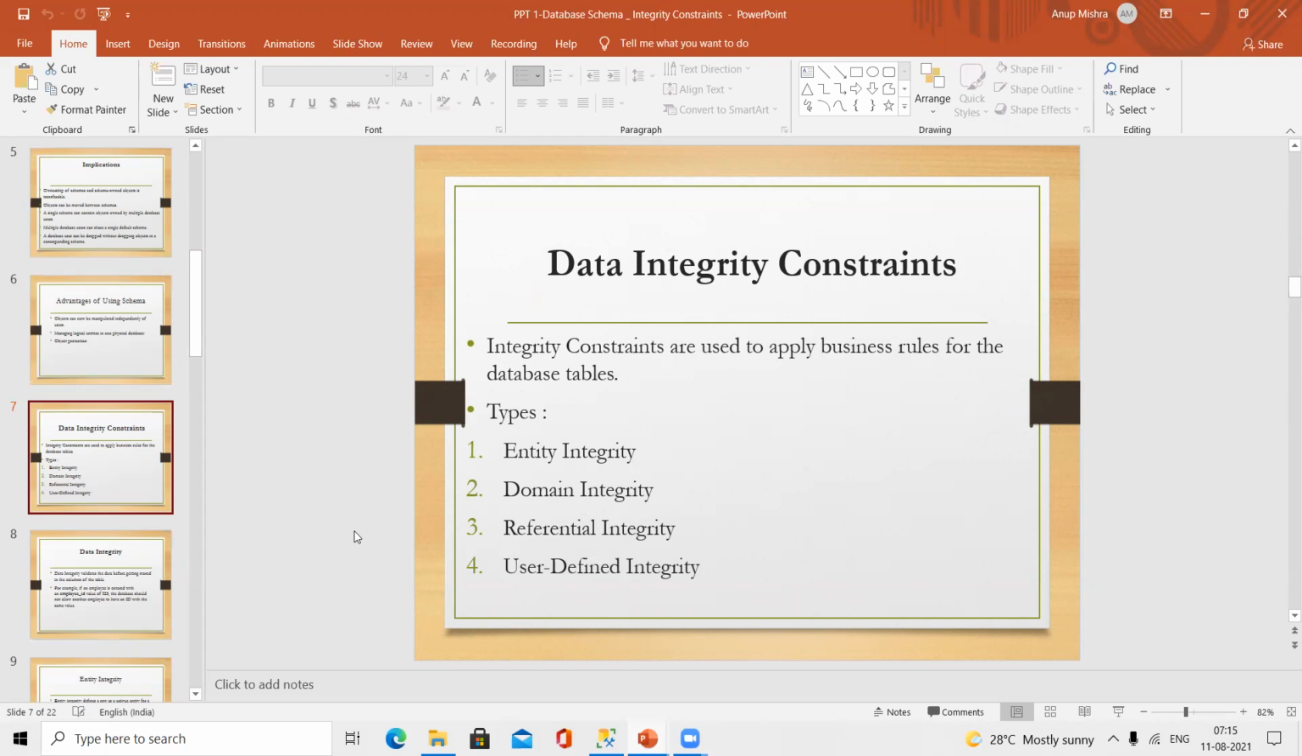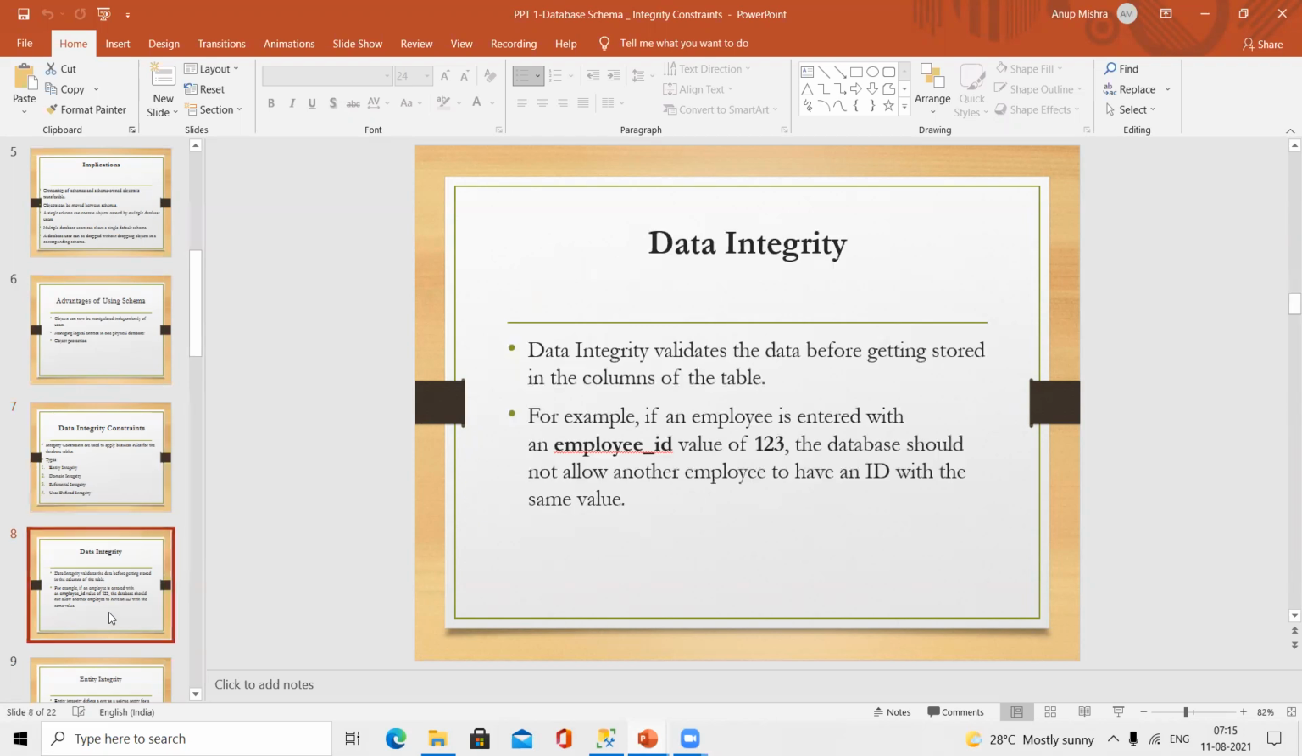Now, let's first of all understand what data integrity and data integrity constraints are. Data integrity validates the data before it gets stored in the columns of the table, right? For example, if an employee is entered with an employee ID value of 123, the database should not allow another employee to have an ID with the same value,